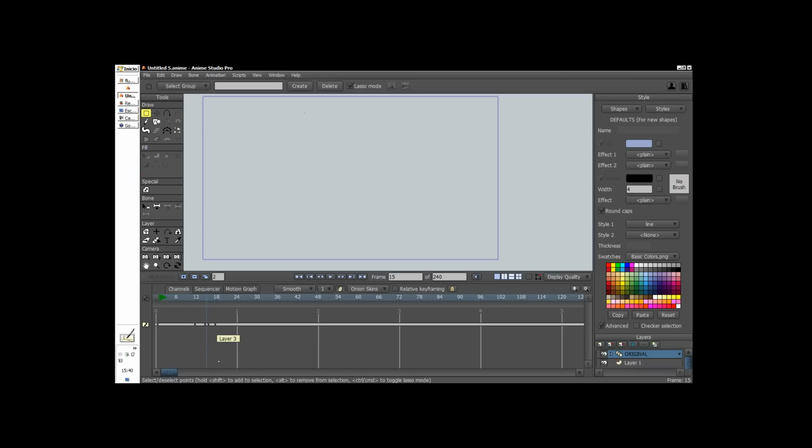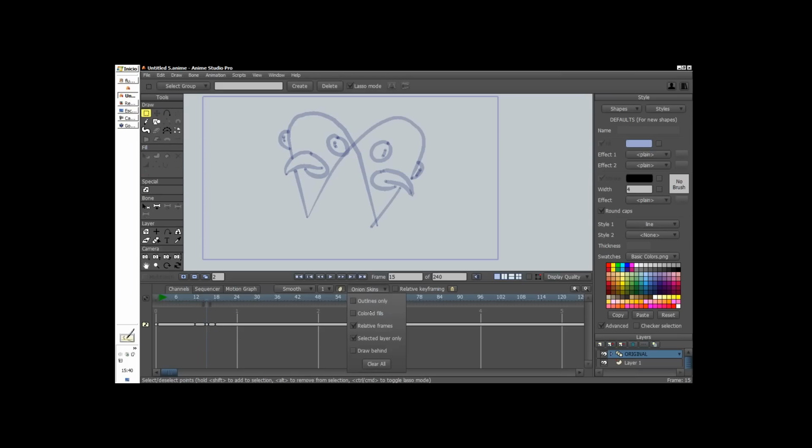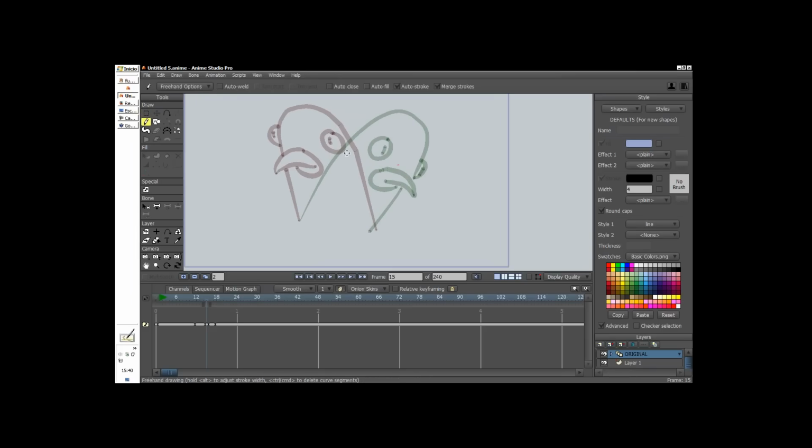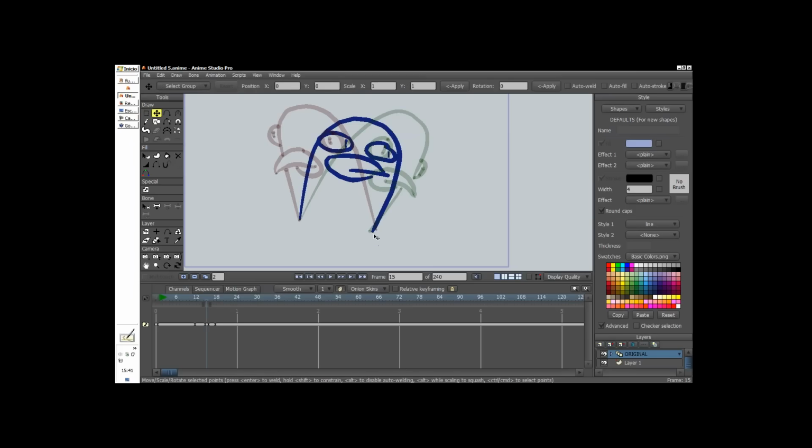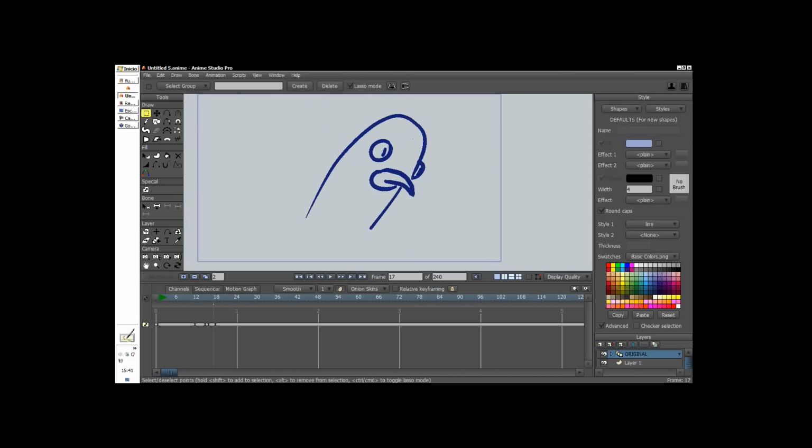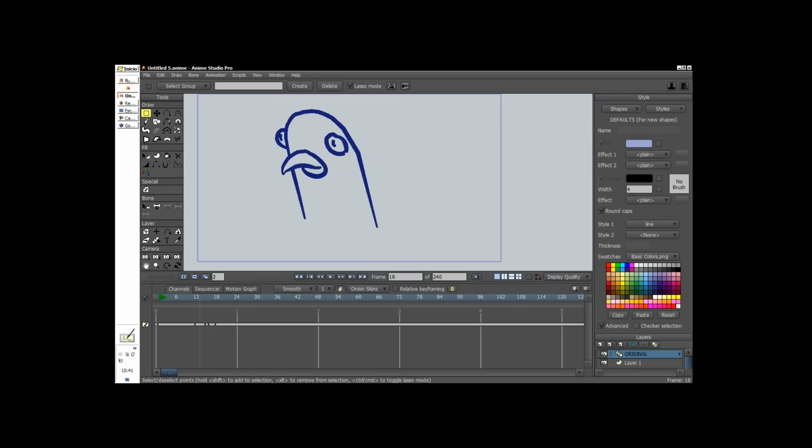And if we want, we can create a new frame here, and I will activate the onion skins in previous and next frame. You can see the previous is red and the next is green, and I will create an in between here. Let's suppose it is something like this. This is an ugly in between, but it will work for the webinar. So now we have a short in between, but it helps to give the sensation we are